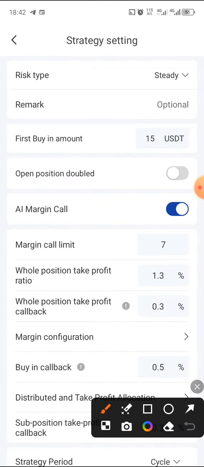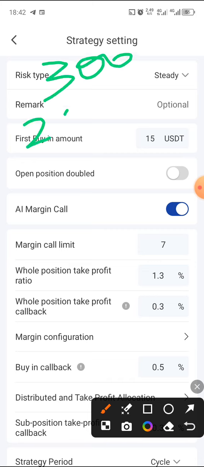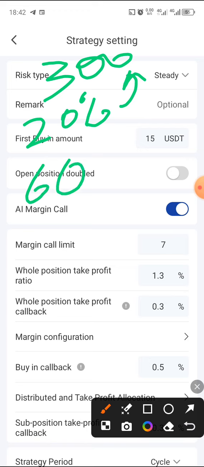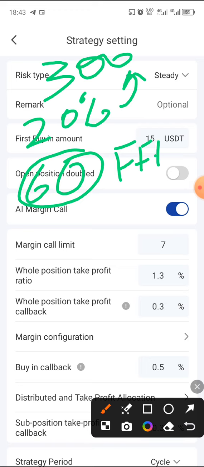Okay, remember, 20% of our $300 is going to be 60. So 60 is going to be our first buy-in amount, what we call the FFBA, the first buy-in amount. Okay,